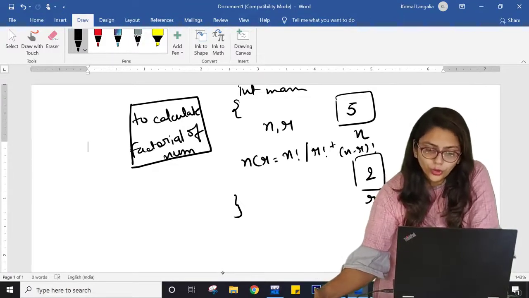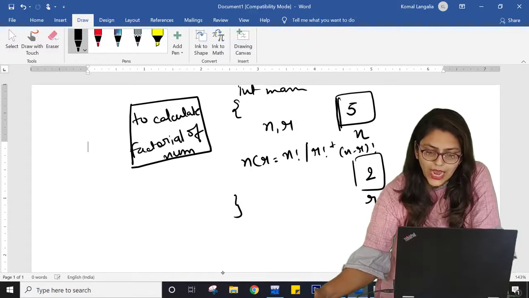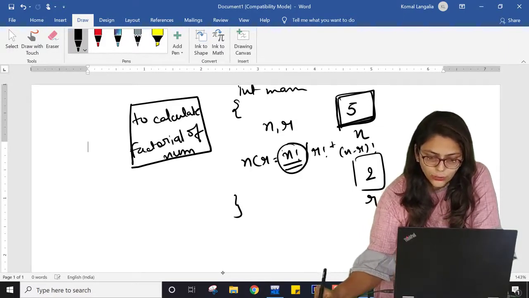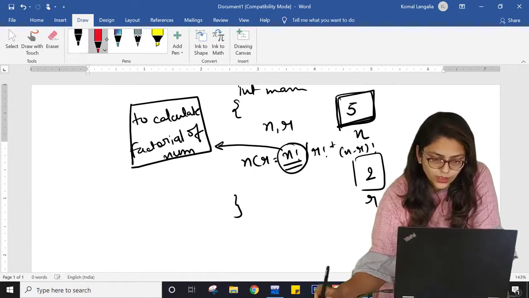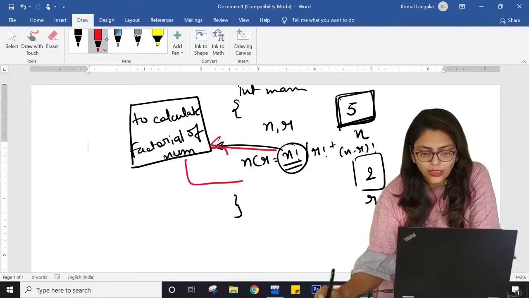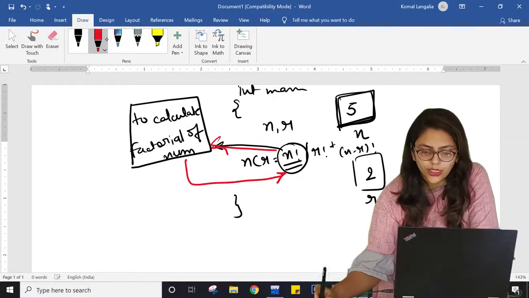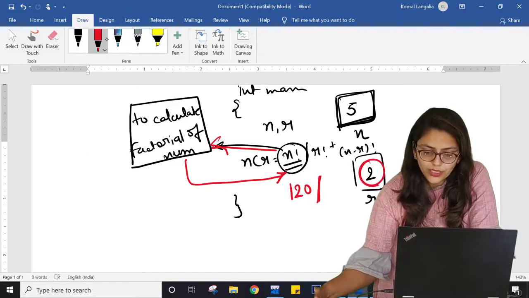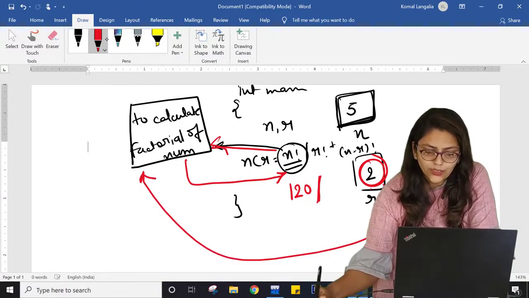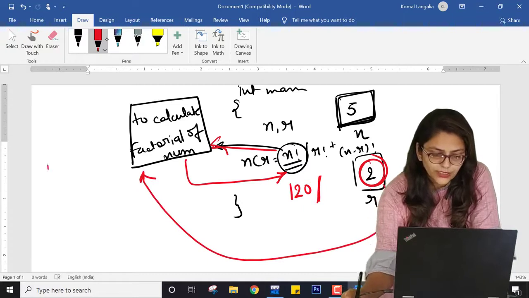What I am going to do, to find n factorial, I am giving this number n to my magic box. This number n to my magic box, it will magically calculate the factorial and return it over here. So it will return 120 over here. Then I am going to give this to my magic box again. So it will calculate, so what exactly is it?